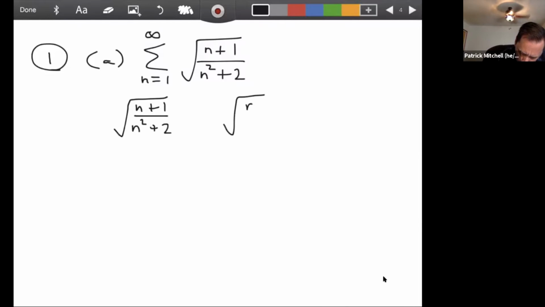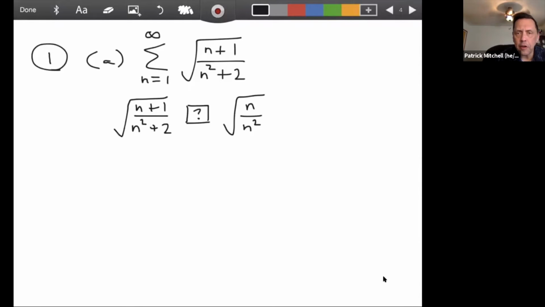Okay, so I would look at the square root of n over n squared. So the problem here is that the numerator is bigger on the left-hand side, but the denominator is also bigger. So those two things are kind of working against each other. So I don't have a really clear idea of how these two things compare to each other. However, whenever you find yourself in that situation, it means that you can probably use the limit comparison test and